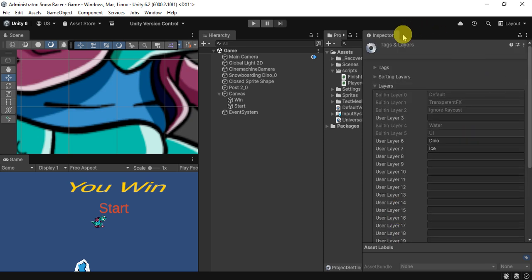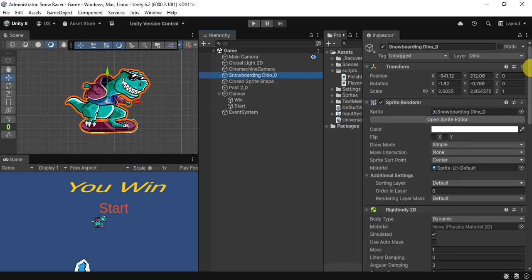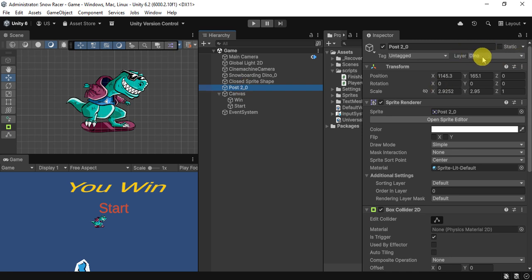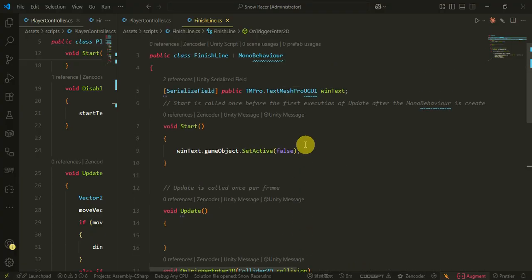And after creating and adding a layer, like I have created ice, we can assign this particular layer in here, like ice, or whatever we want. So in the post also I have assigned the same layer, and in the snowboarding I have assigned the same layer. In the code, what we can do,